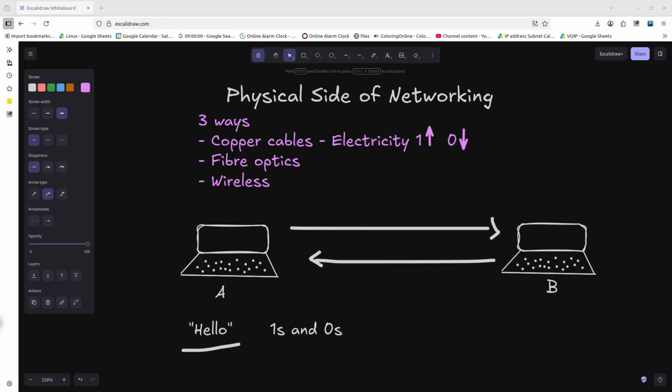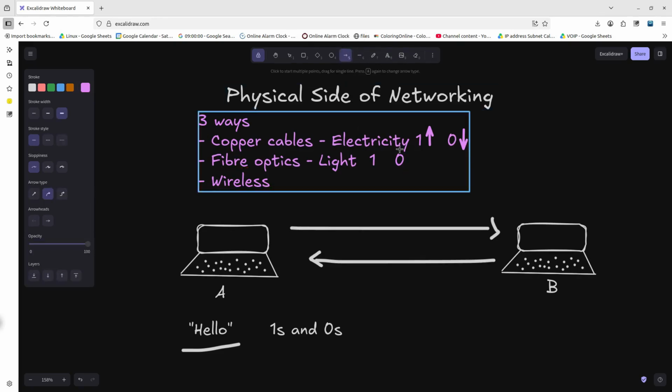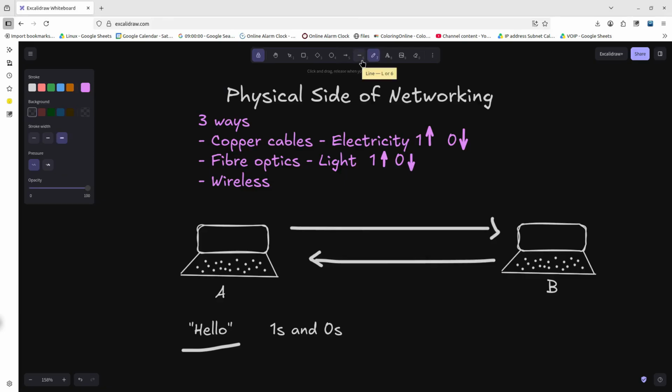We have copper cables, okay? Now we have fiber optics. And fiber optics uses light signals. When it comes to ones and zeros, you must have guessed it, very similar to copper. The light goes up for one, and for zero, the light goes down. Make sense? Now, when it comes to wireless, it uses radio signals. It looks like radio waves, okay? So this is a very brief example of how data is physically traveled from computer A to computer B